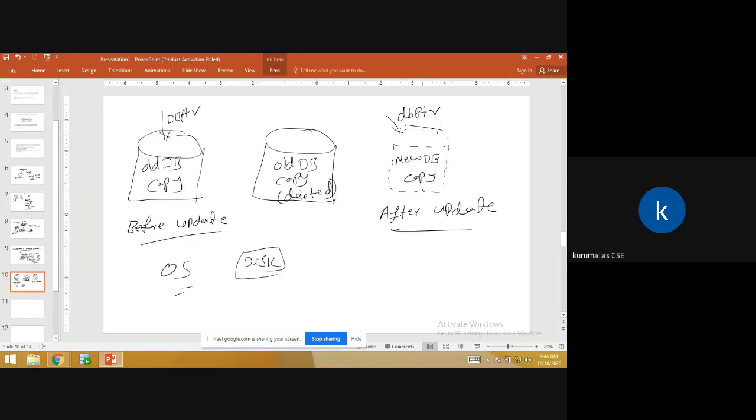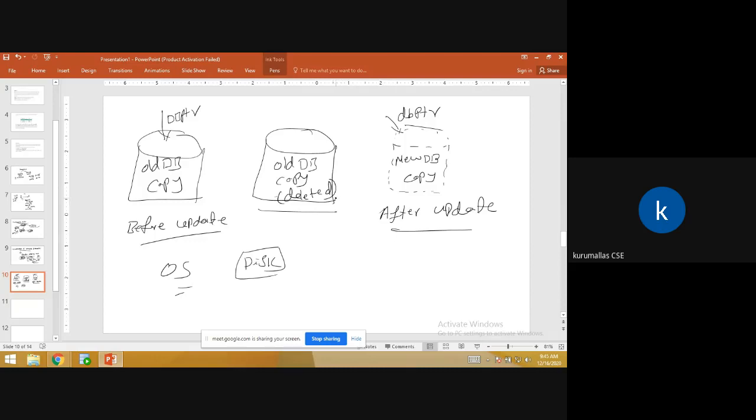Now, once you have copied whatever your requirement was and the pointer is relocated, this database is ready without any problem. Then we have to delete the original database from the disk. Once the updated pointer is written on the disk, the transaction is said to be committed. From here to here, everything is done and committed. We are not disturbing anything, and there is no failure. Now the new database is ready, and once it is committed, we delete the old copy.